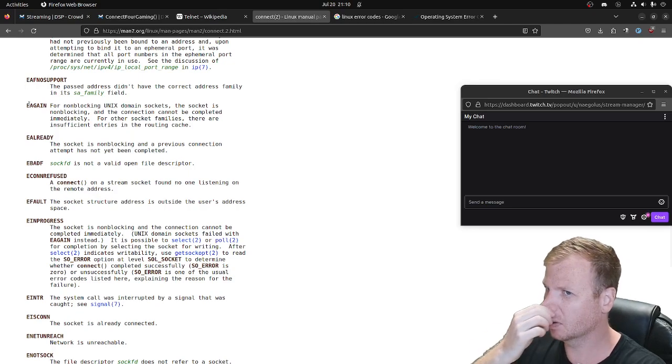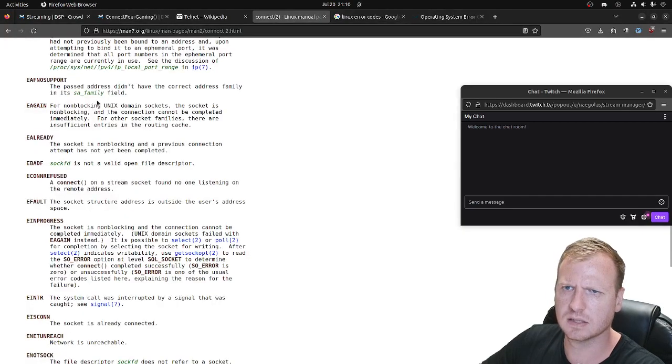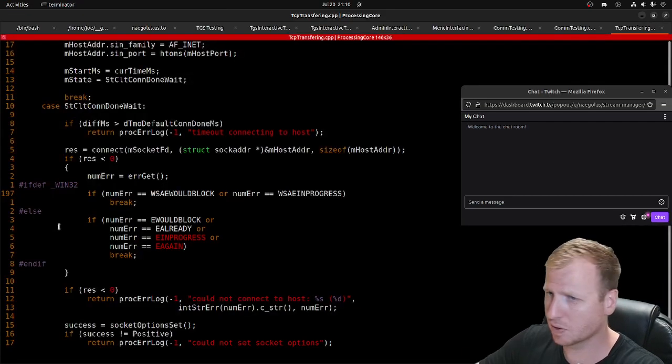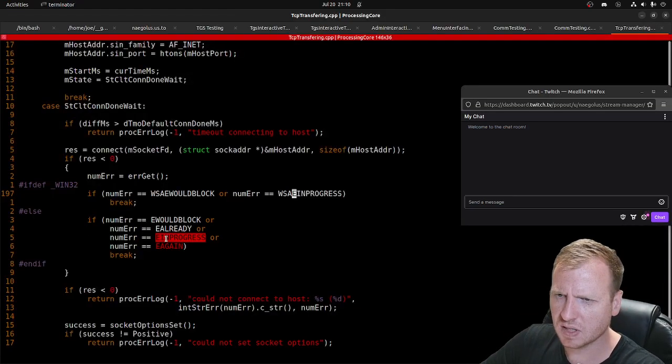No support. EAGAIN for non-blocking. Yes, the socket is non-blocking and the connection cannot be completed immediately. For other socket families, there are insufficient entries in the routing cache. Okay, EINPROGRESS. We have